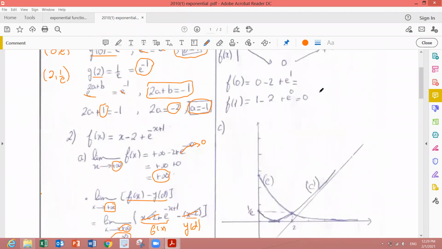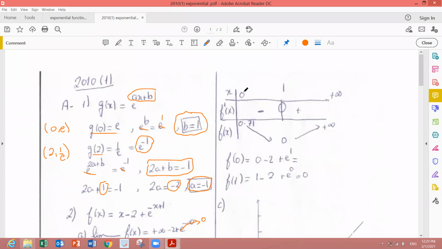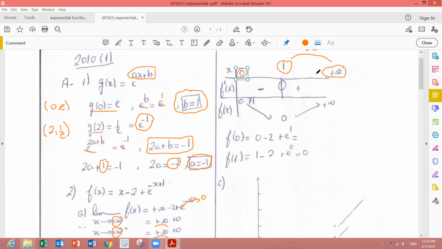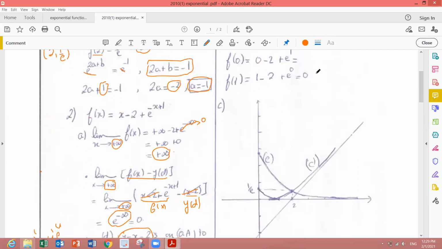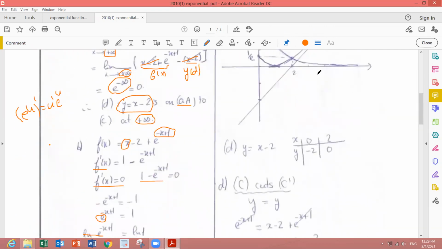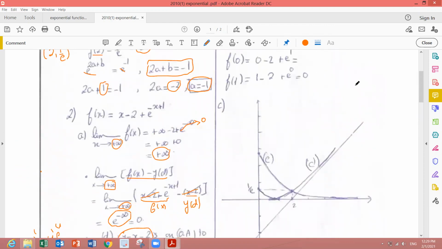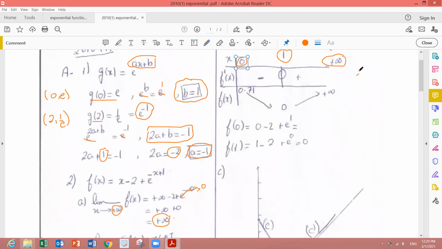Table of variations. In the table we put the domain of definition, the domain is 0 till plus infinity. x is 1. To know the sign here, I take a number between 1 and plus infinity. For example, I take 2 and replace it in the derivative. What was the derivative? If I put 2 in place of x in the derivative, what do we get? f prime of 2